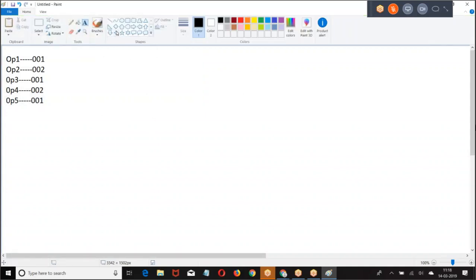This is how I got the data. When you get the data like this, try to understand the concept.